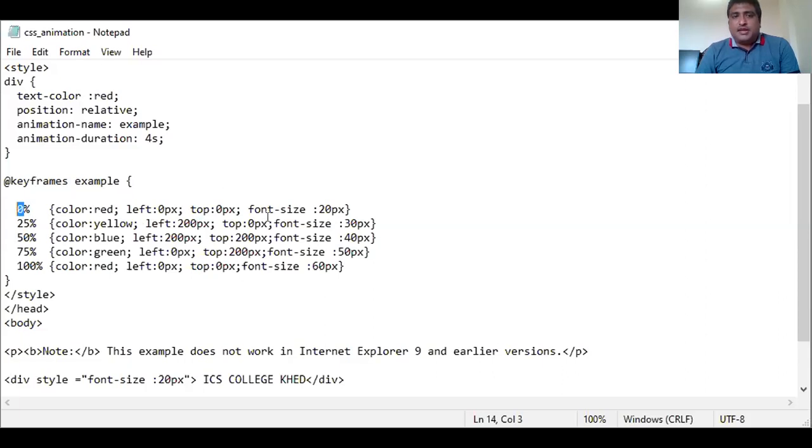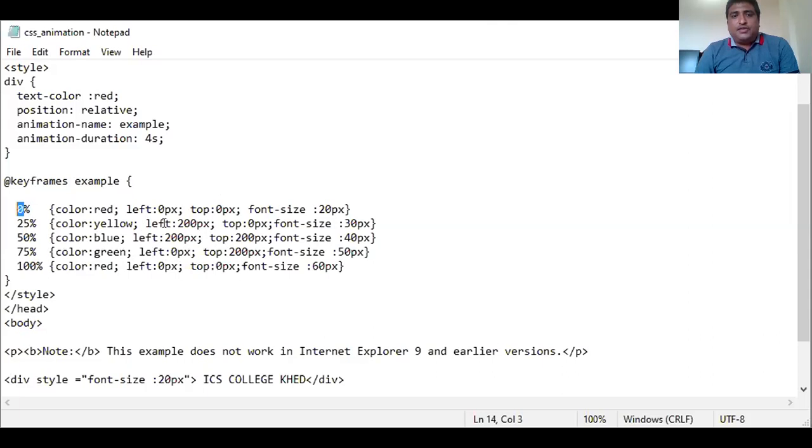Top is the same as it is. When it is 50%, the color changes to blue. Left changes and top changes. When it is 75%, the color is green, left changes and top changes. And when it is 100%, the color is red, left 0 and top 0. That means it comes to its initial position.